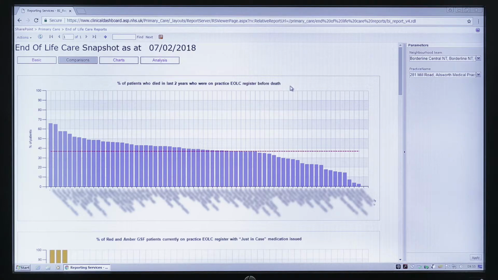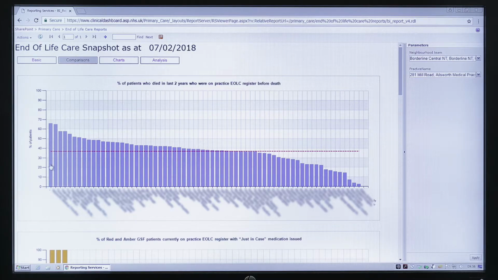This is the first one. So this is percentage of patients in my practice who died in the last 2 years who were on the practice end-of-life care register before they died. Now, national data would suggest that about 30% of deaths are really not predictable, so an absolute maximum would be around 70%. The CCG mean here is around 40, that's actually 36%,